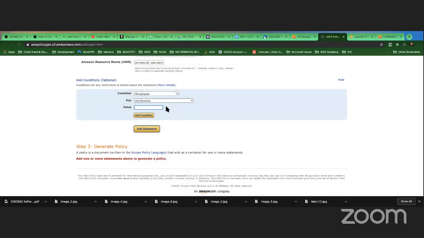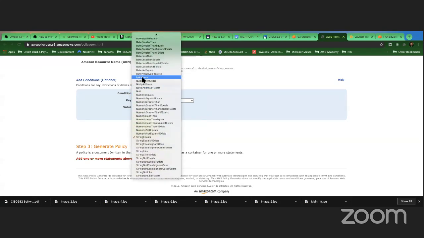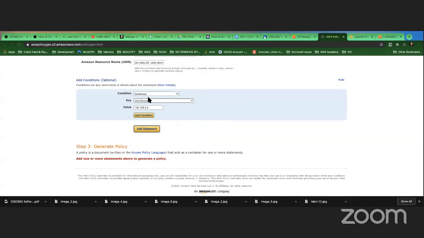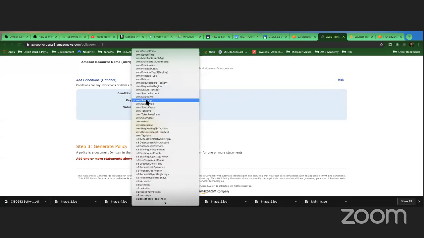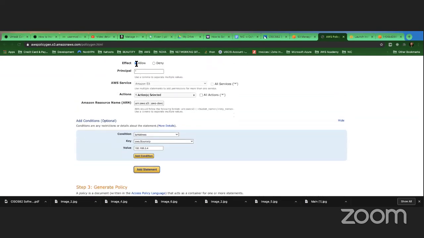Let's say the source IP, for example, is 192.168.1.304. See, the IP address equals. So if the IP address equals that, then you are allowed.